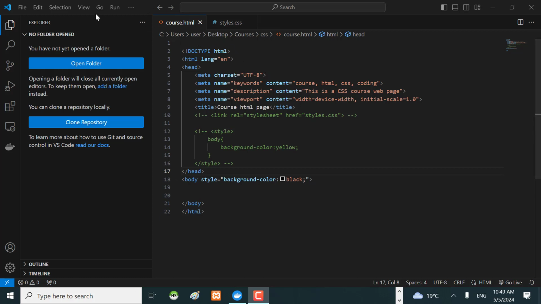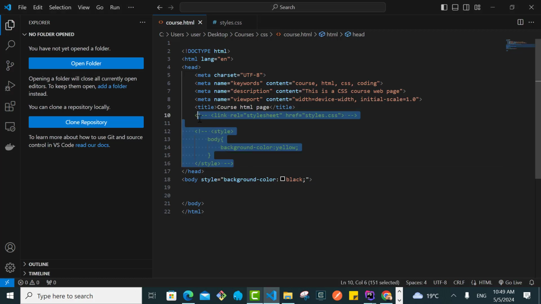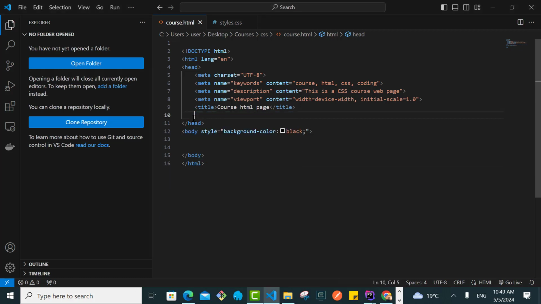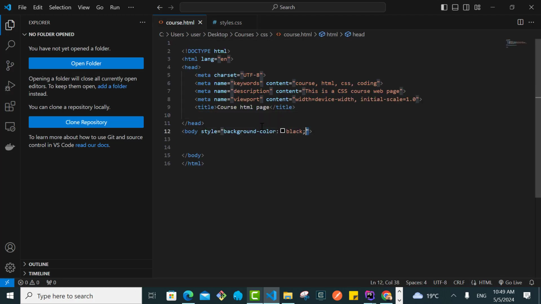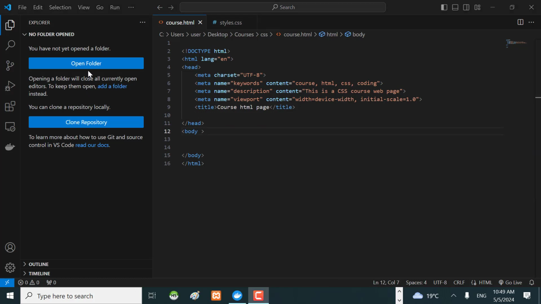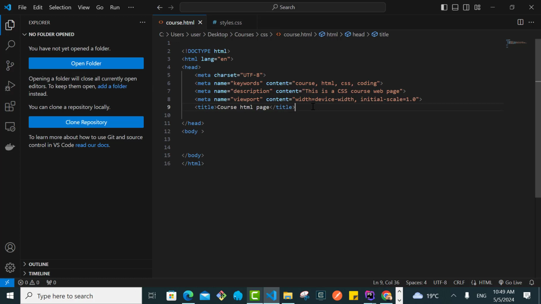So if I go now to the code here, let me just remove everything here, and for our style.css also, I'll remove everything. We'll use this in later lessons, but for now I just want us to understand the syntax for CSS. When you use CSS outside of the element, for example, if we import CSS or we use CSS using this style tag here,